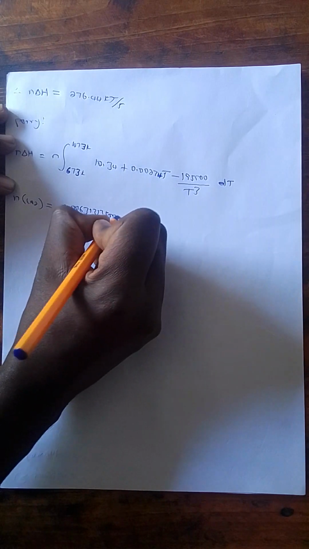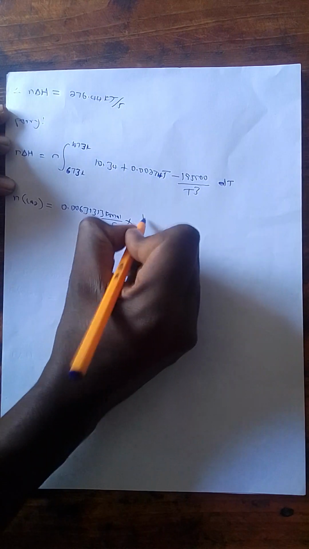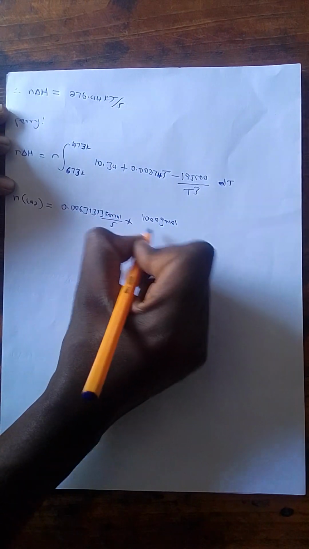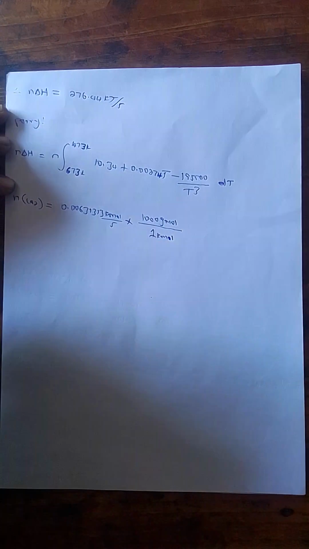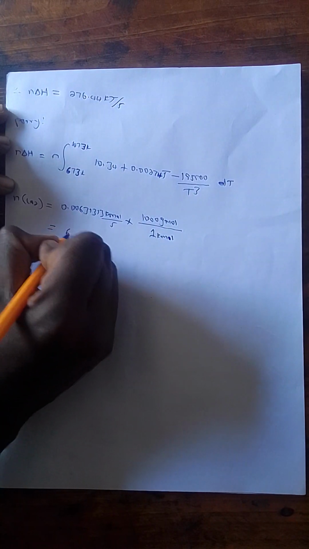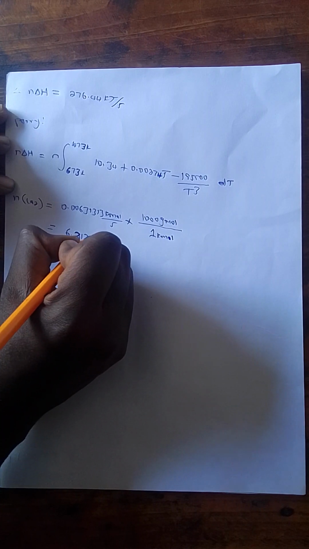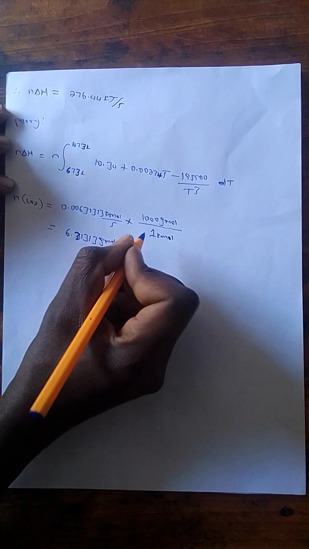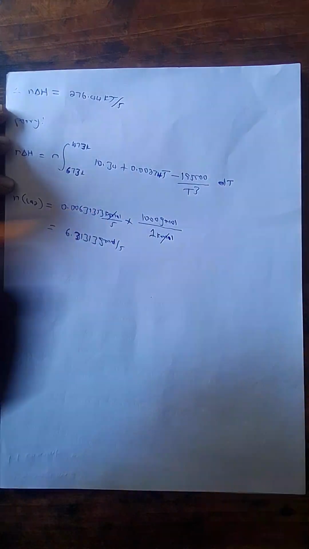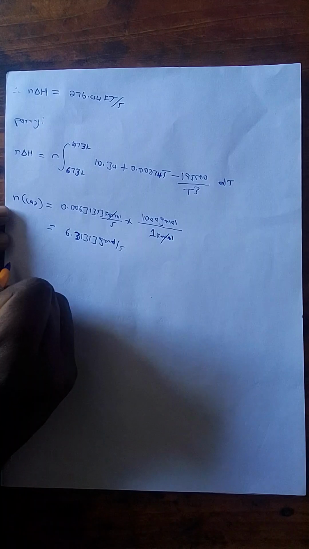So the number of moles of CO2 is 0.00631313 kilomole per second multiplied by 1000 gram mole over 1 kilomole. If you use your calculator, that becomes 6.31313 gram mole per second. So we just cancelled the kilomole and now we're using gram mole. This is the number of moles that we're going to be using in the CP of Perry. And therefore,